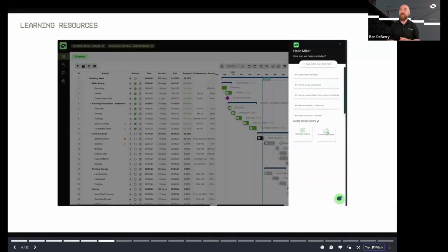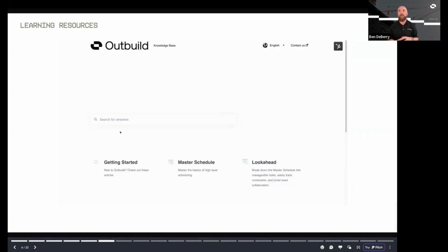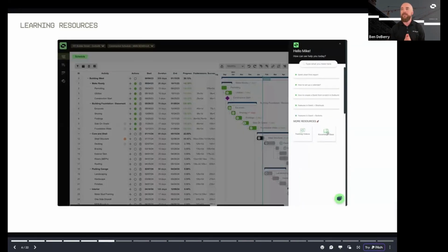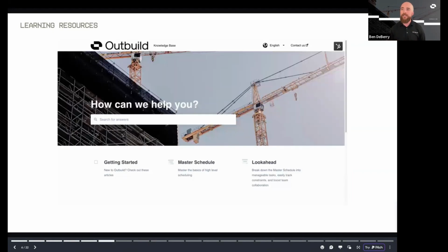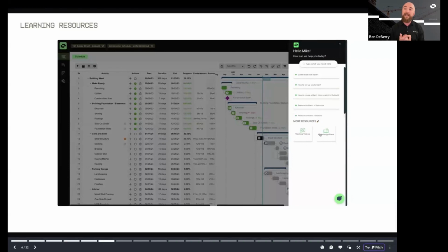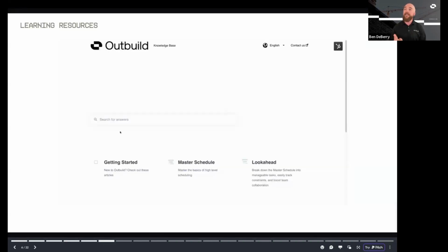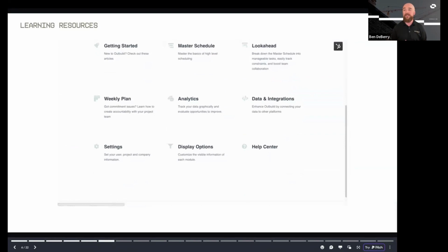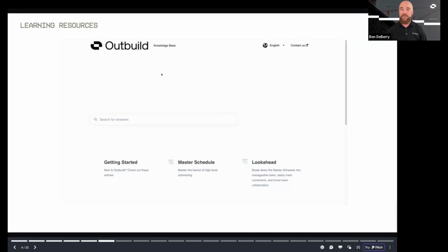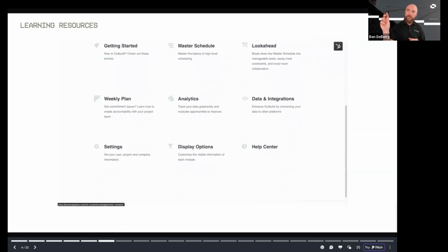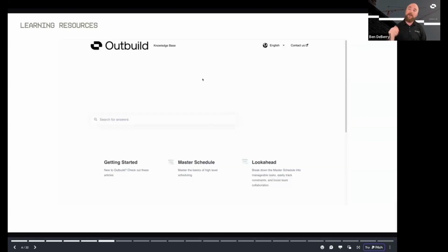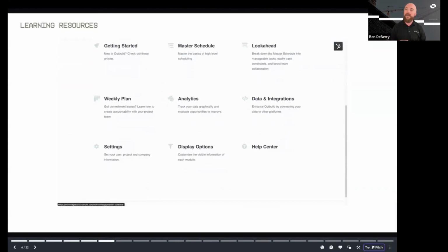So when you are in Outbuild, first and foremost, we want you to know that you have all of the resources that we could possibly provide. Hopefully it's enough. We really strive to make sure that you have any knowledge base articles you might need, any training videos that you might need, and then direct access to us, your customer success team, when you have any concerns, any questions. And so you can log in, go to that little help chat in the bottom left corner now, contact us directly, or go up to the help desk in the top right corner.